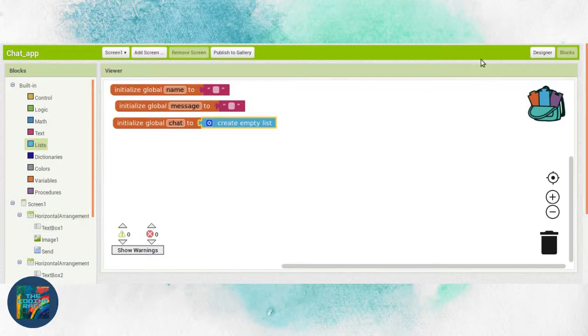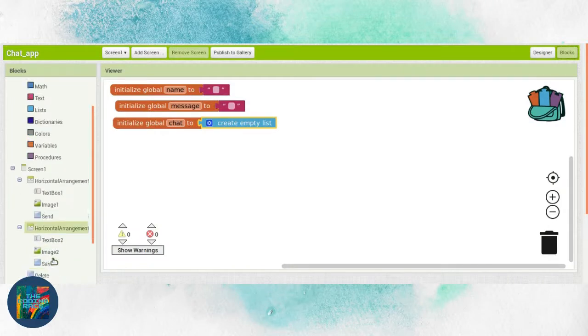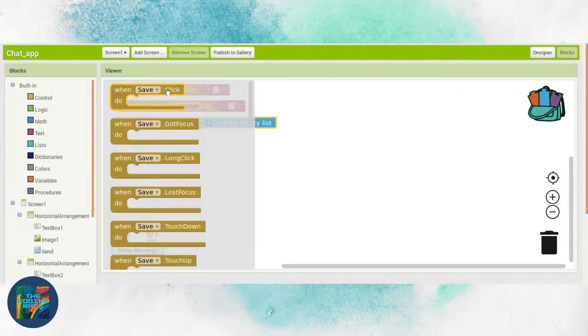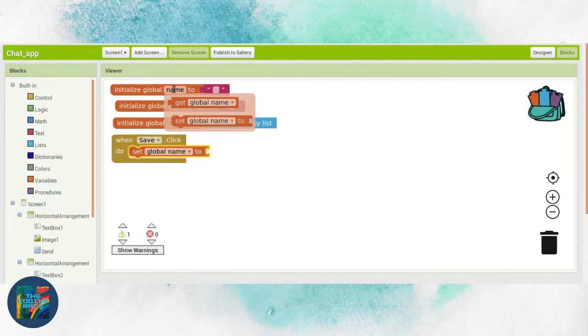Go to design, we want to set coding for save button. So go to blocks. Okay, we have renamed the button as save, so drag and drop when save button clicks. So move the mouse pointer to the name area, so you can see these two blocks. Just drag this to here,